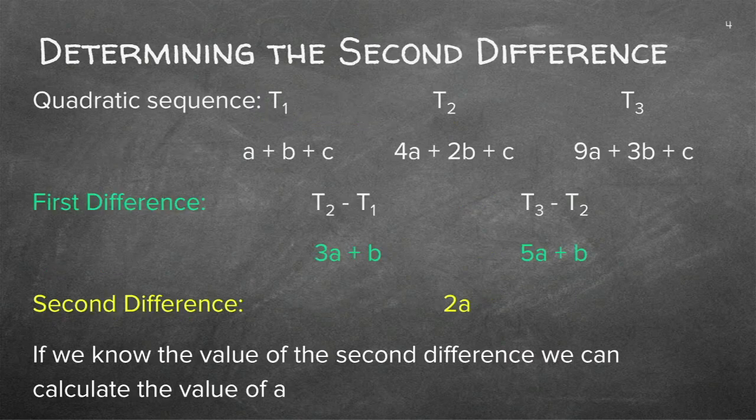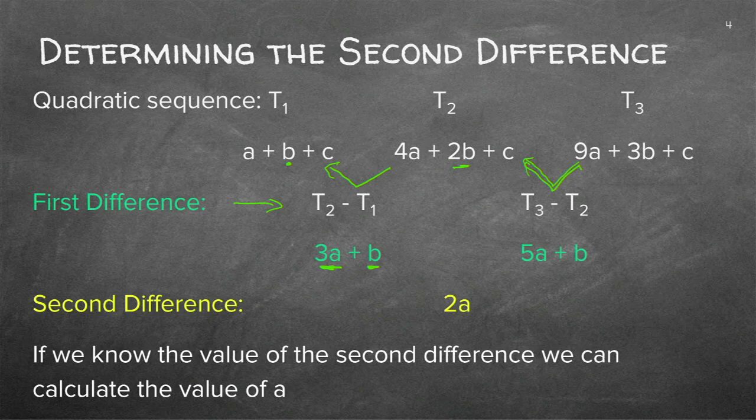Now, what are they doing with that? They're writing that like you do normally with a sequence. They write that next to one another so that we can see this is my sequence. But now you remember what we also did. We always did right-hand side minus left-hand side. That gives us the first difference, T2 minus T1. And then also T3 minus T2, always right-hand side minus left-hand side. Now, if you look at the working out, 4a minus a gives you 3a, 2b minus 1b gives you b, and the c minus c gives you just 0. So the first difference will be 3a plus b. And they did the same for the second one. So there you'll see it.